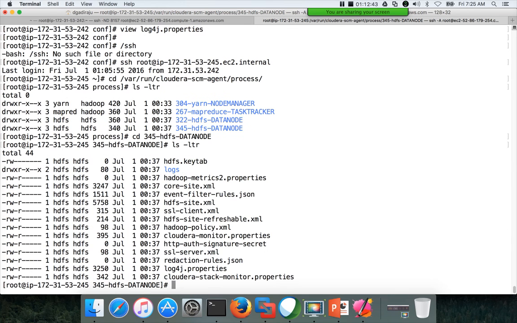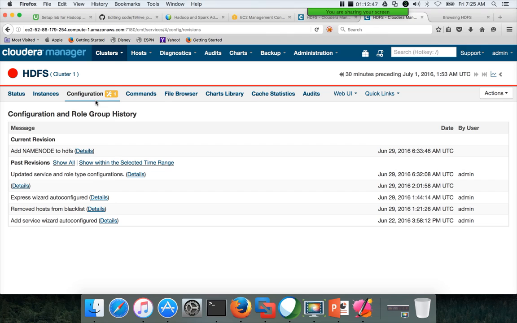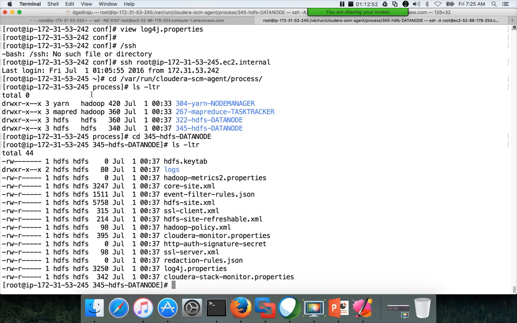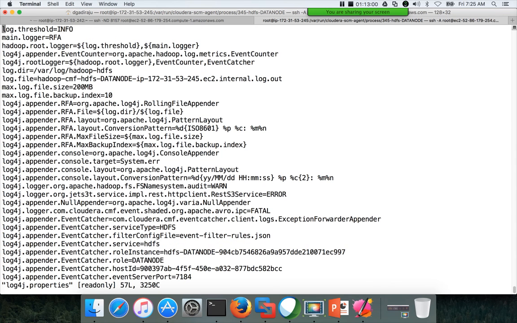These are the parameter files which will be used to render in the configuration section of the web interface. So that being said, now you have the log4j.properties here. View log4j.properties, and here you can see there is a property called log.dir which shows the actual location of our log files, which is var log Hadoop HDFS.